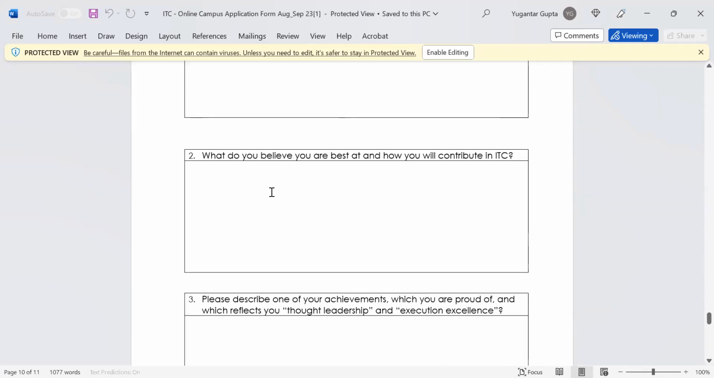Okay. What do you believe you are best at? How will you contribute in ITC? So here again, think of any one good example that was there in your articleship or in your personal life, and then try to fit it to anything that you will be able to do in ITC. So let's say that you had some good audit experience. For audit experience, you can mention that you have very good attention to detail, and then you can mention an example saying that there was an